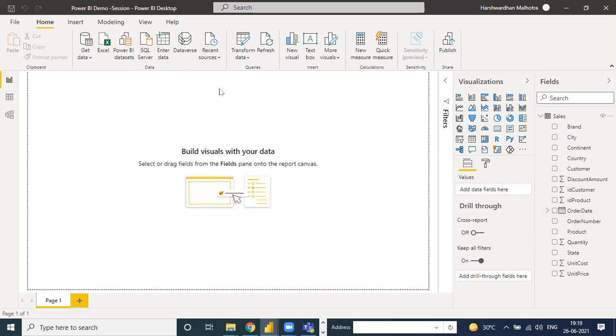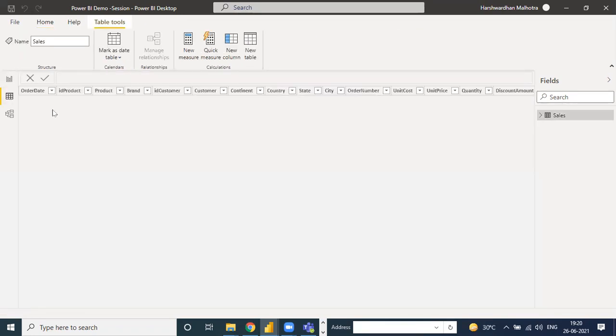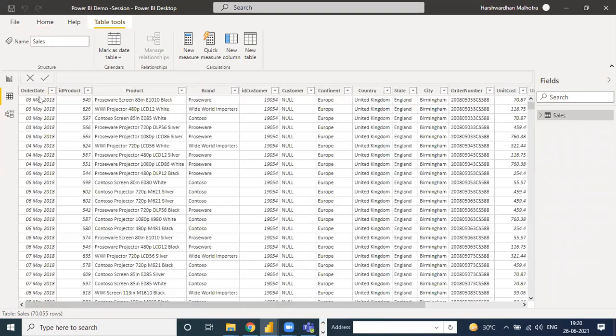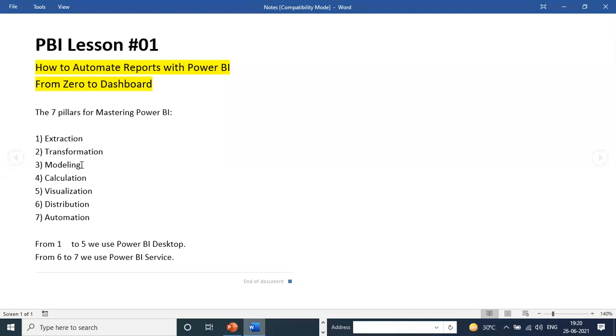So this is the Power BI canvas where we use the visualization according to our data. Like what quantity we sold, what states we use in our country. So these are the visualization canvas. Okay, but in this tab, the data which we extract is converted into the table format, like order, product ID, brand, and the final is going to the model. Like I have shown you, this step is modeling, means the creation of relationships, modeling from one data to multiple data.